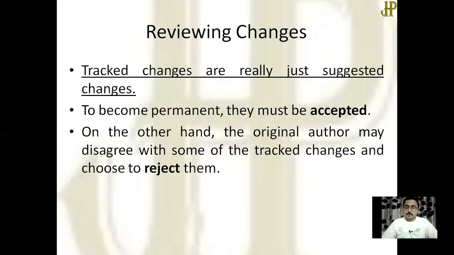Then these reviewers can use track changes and give suggestions back to the organizers of the conference.